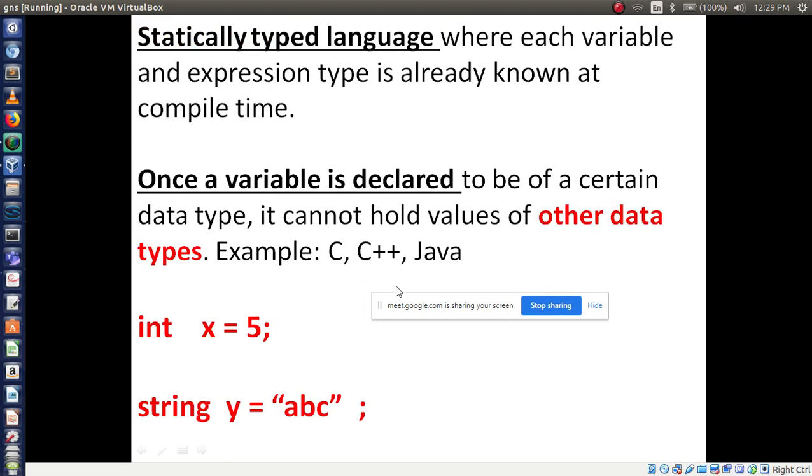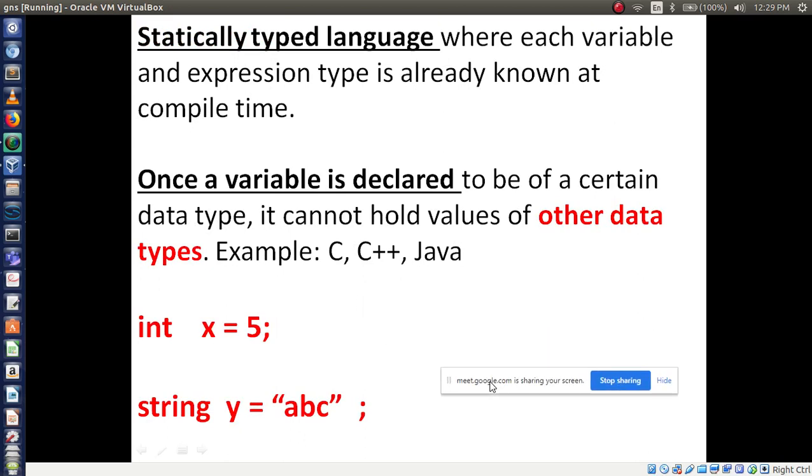Now this one is very important, please try to understand this. Statically typed language and dynamically typed language, the difference between statically and dynamically. Statically typed language is where each variable and expression type is already known at compile time.